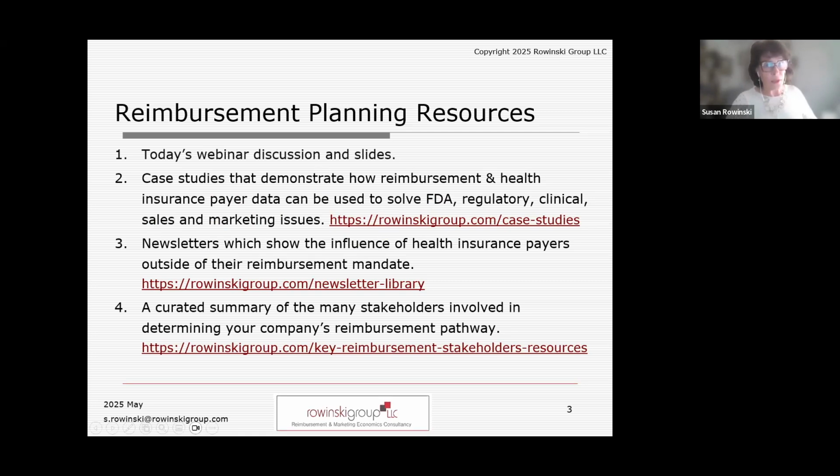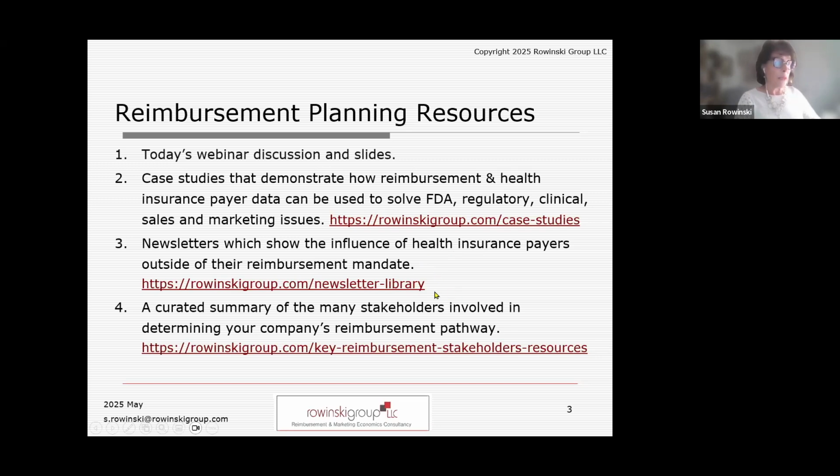Also, once again, these links are taking you to our website. We have newsletters all the way back to 2004. I would skim through those and look at the titles of these newsletters. The reason I'm suggesting that is you will get a sense of the influence of health insurance payers outside of their reimbursement mandates. You will see health insurance payers requiring, in order to be reimbursed, that providers change operating procedures. So it's important to understand the influence of health insurance payers, not only within reimbursement, but